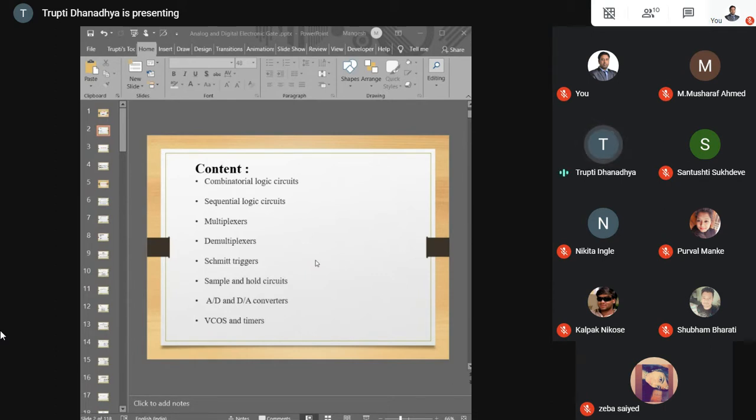Then the sampling and hold circuit. Whenever we talk about power electronics or electronic circuits, they require some sampling and holding circuit, which is an essential requirement. If we want the output to be sampled or held for some time, there is some switch or triggering possibility in the power electronic circuit also. Then the A to D and D to A converters, which are usually used in mobiles and various power electronic circuits also.